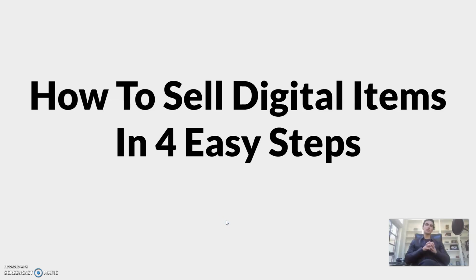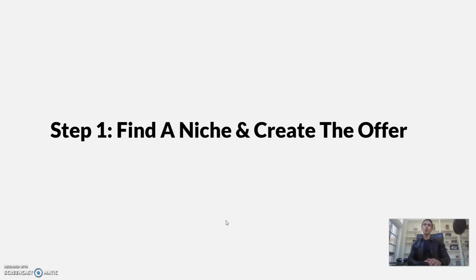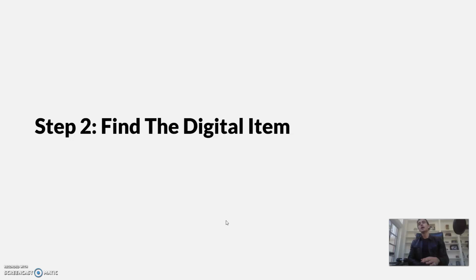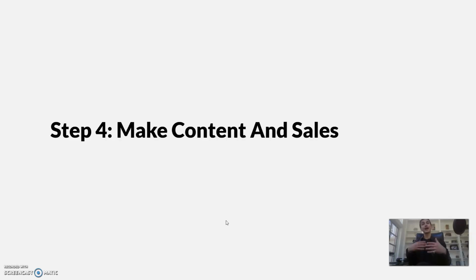How to sell digital products in 4 easy steps. And this is advice from someone who's made over $1 million in sales online selling digital products at 19 years old. Now, there's 4 main steps we're going to talk about, which is finding a niche and creating your offer, finding the actual digital product, right? Getting the rights to the digital product, creating the website on WAP, and then actually making the content and generating